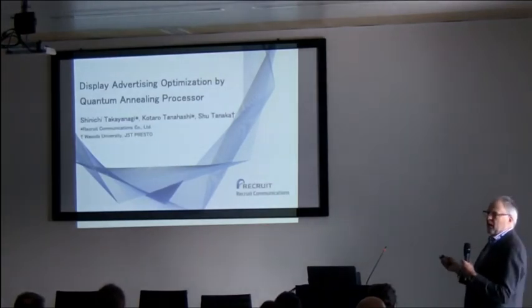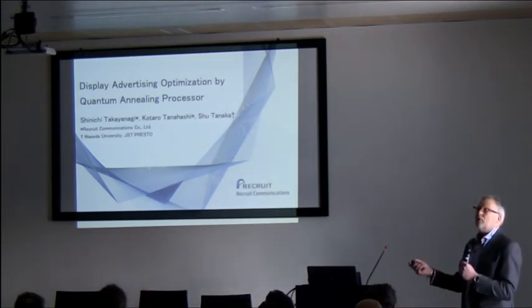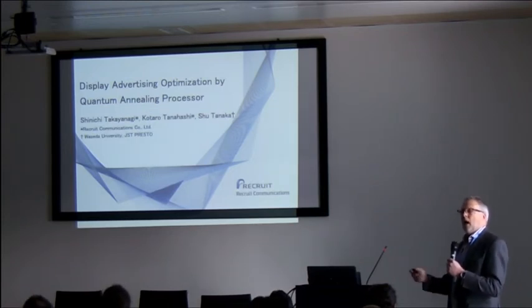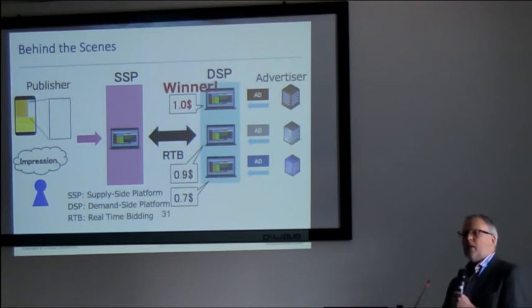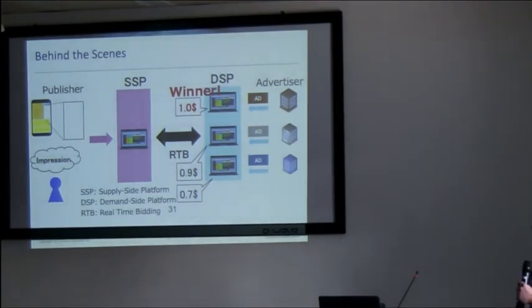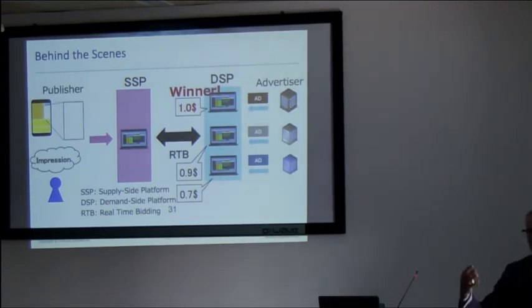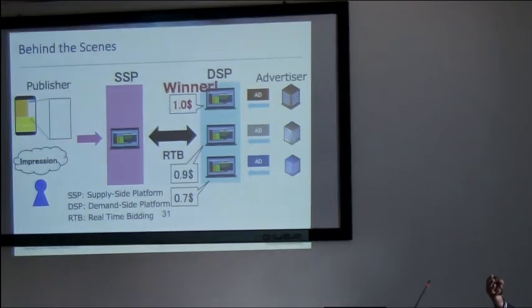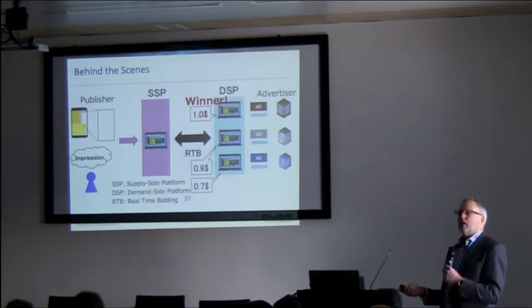This is a very, very interesting one. Again, it's a Japanese company called Recruit, and they effectively do a lot of things, but a lot of internet advertising, web applications, and that sort of thing. And they basically said, wouldn't it be great if we could actually optimize the advertisements that are put onto a smartphone by using the D-Wave machine. And so they constructed a model of what does somebody want, and there is an auction that goes on in terms of the minute you click onto a page, it's similar in your browser, an auction goes on in real time, and it's very, very fast, to determine who is going to display something for you as an individual. So Recruit did this, and they discovered that there was a 15% advantage from using the D-Wave